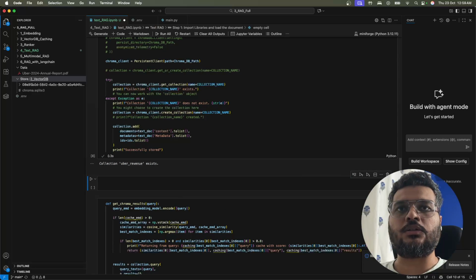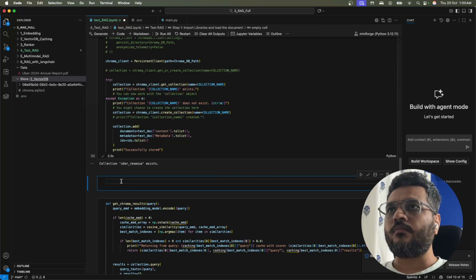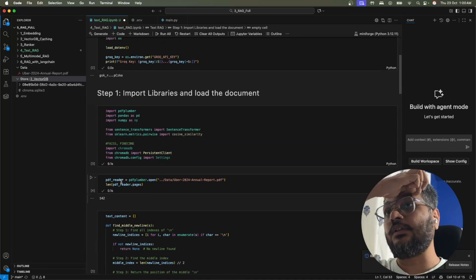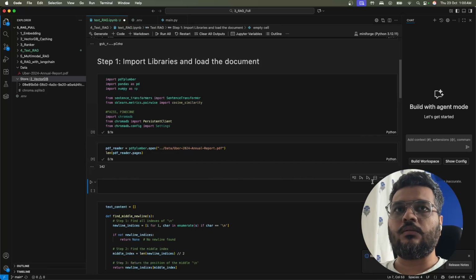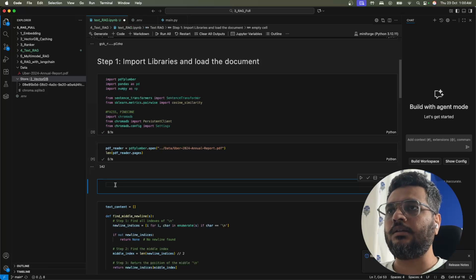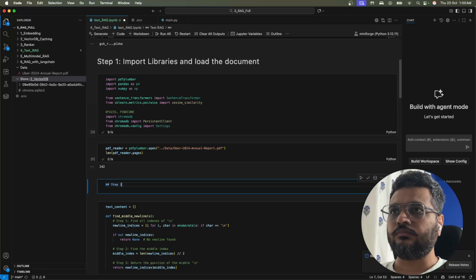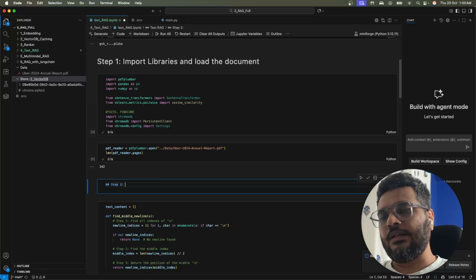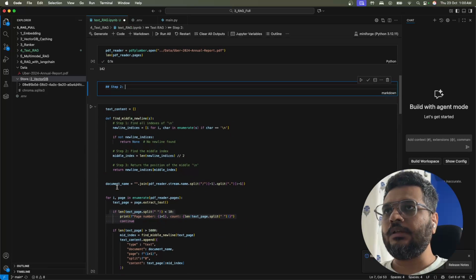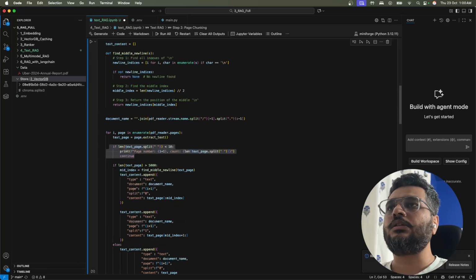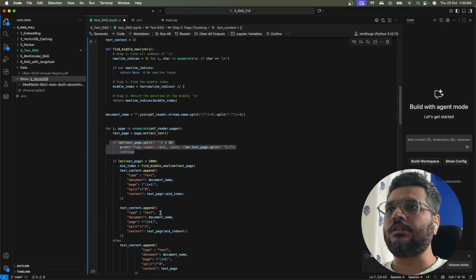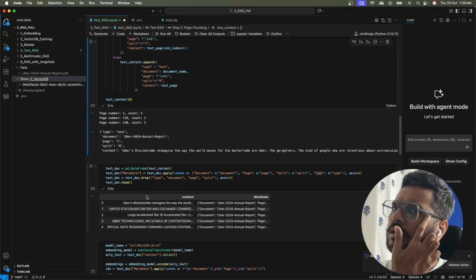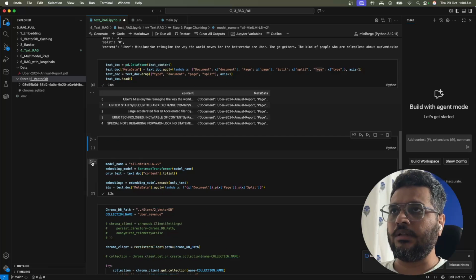Let me also add a markdown here. Right, and let me just add a markdown for everything that we actually did so that we don't forget. So here we have added what we did. We chunked, right? We are doing the page chunking on this. So page chunking is done here. Once the page chunking is done, then we created the data frame, right? And then here we did the